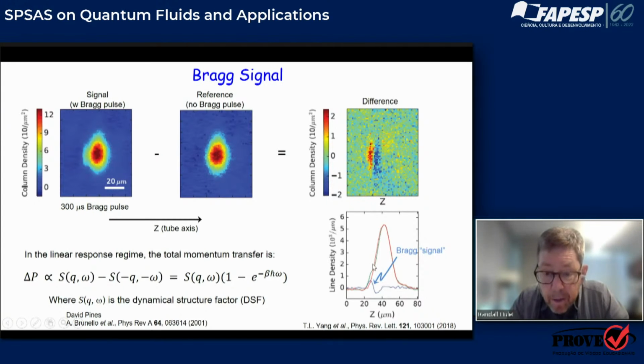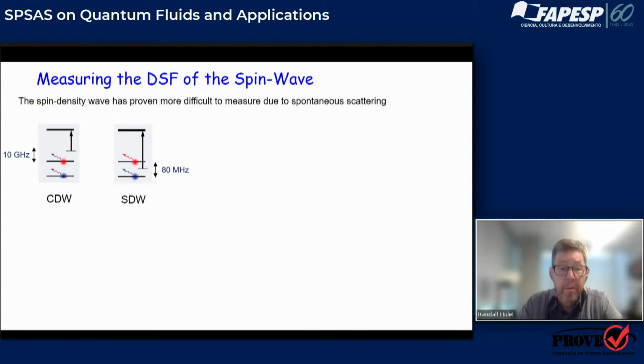The green down here, you can barely see the shoulder, is showing the line density with the Bragg pulse. And then this is the difference. So the difference between those two images, when I integrate perpendicular to the tube axis, gives me this line density, and that's my Bragg signal. That's what I plot in the following slides. All right, so